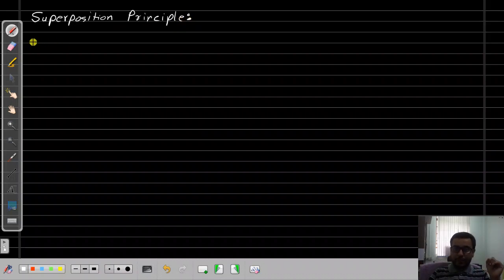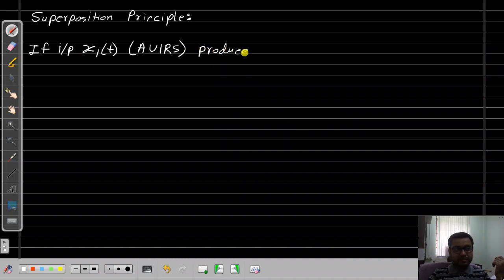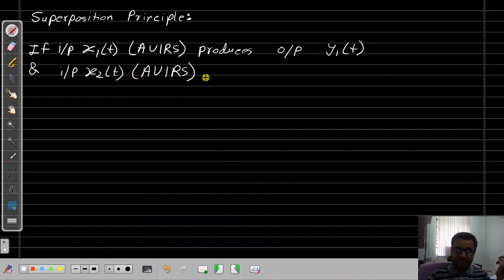The superposition principle says that if input x1(t) applied under initially relaxed state produces output y1(t), and input x2(t), again applied under initially relaxed state, produces output y2(t), then